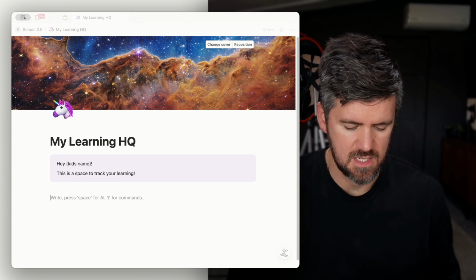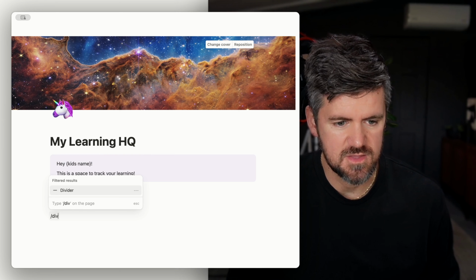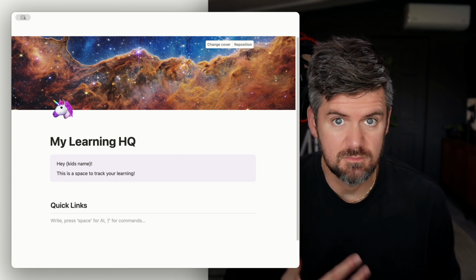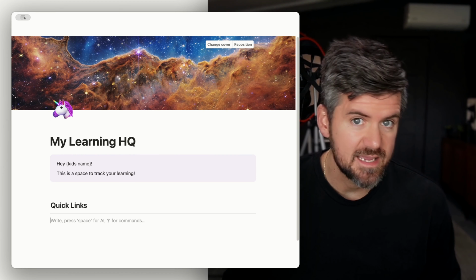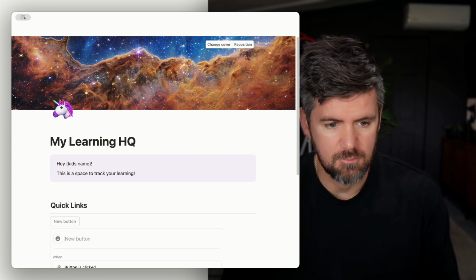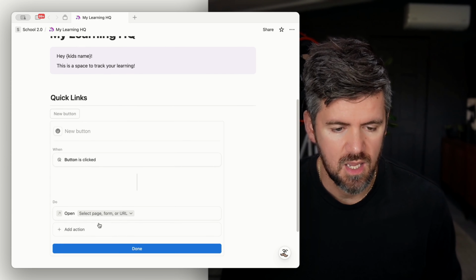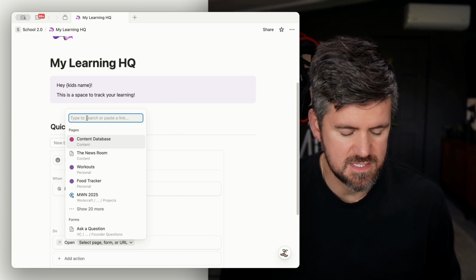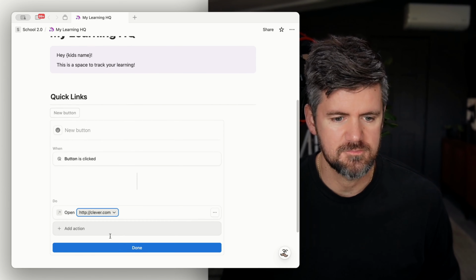So next, one thing that's been helpful is just adding a space for quick links. If they're part of class that is using certain programs on a regular basis, just having buttons that if they're using Clever or Discovery Science or different ones, just adding those in here. So if we add a button and we just set this to open a page or URL, and then set that URL here. If we copy and paste, let's say, just gonna add one here for now,